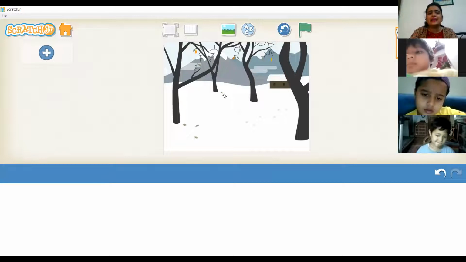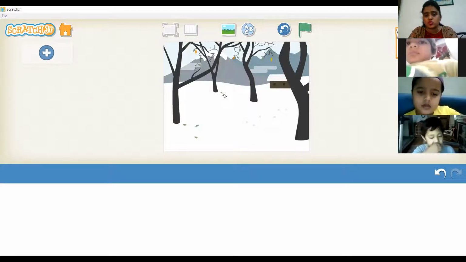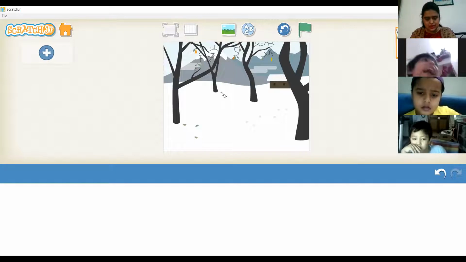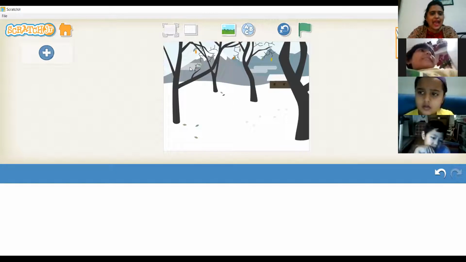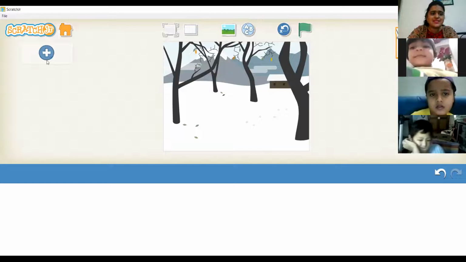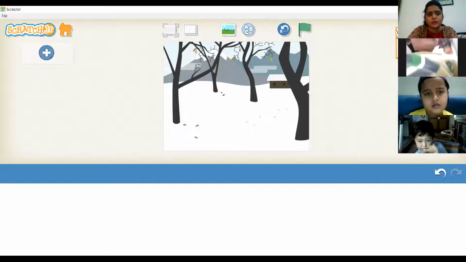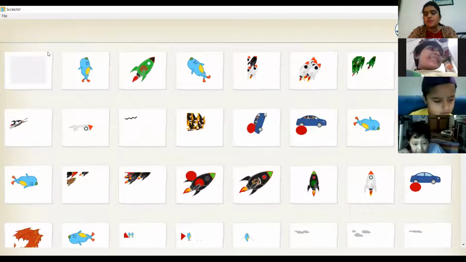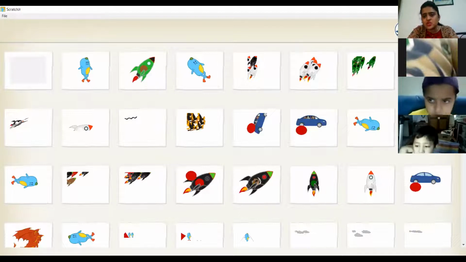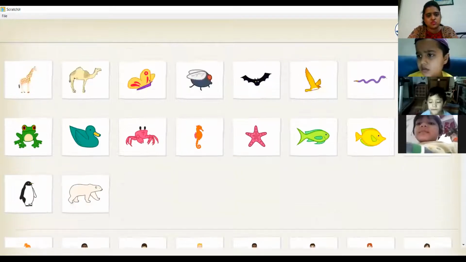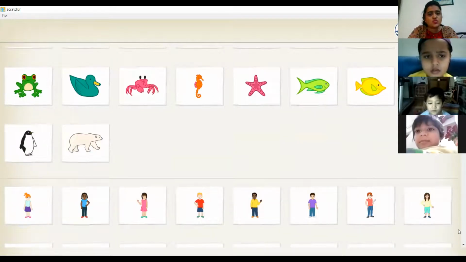And now I can take new actors also. Actors means things that will move on the screen. Fine. So to take actors, you have to click on this plus sign. Where is the plus sign? On the top left corner. आपको दिख रहा है top left corner में ये plus sign, मैंने plus sign को click किया. Okay. When I have clicked on the plus sign, I have come up with these many actors. आप कुछ भी ले सकते हो इसमें से. Okay, you can choose any of these.